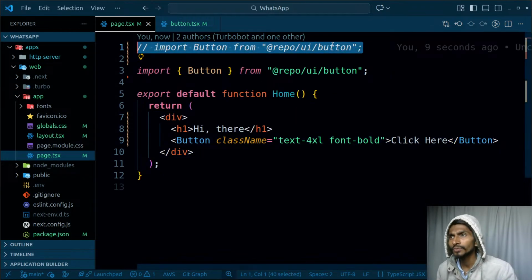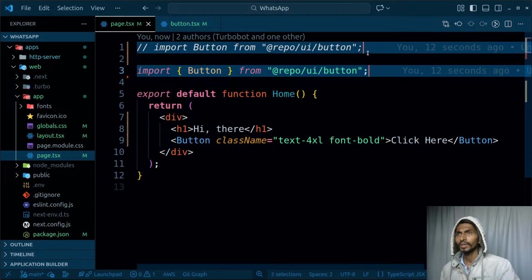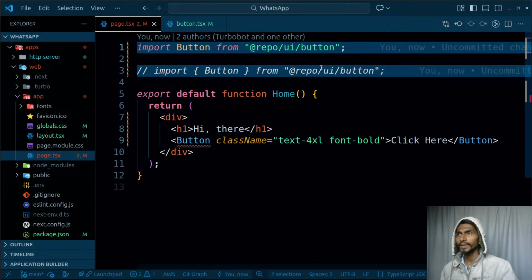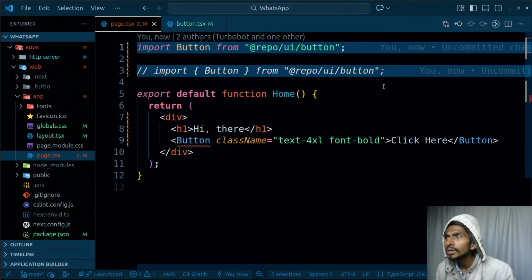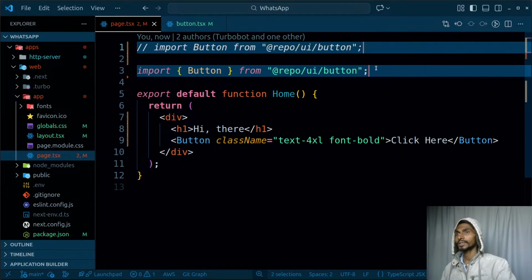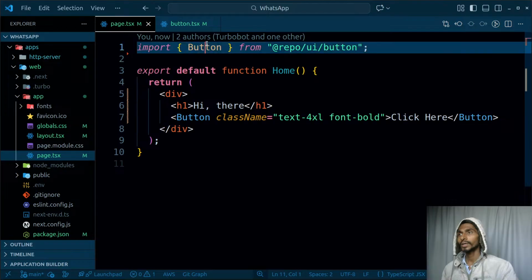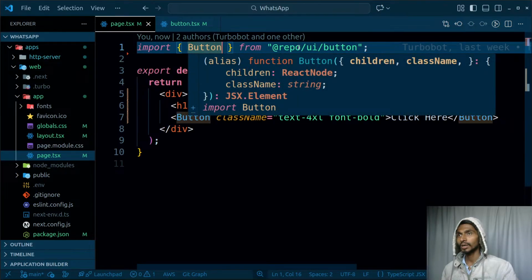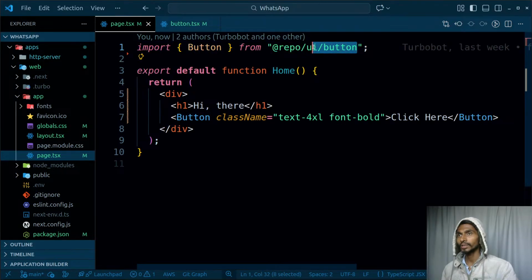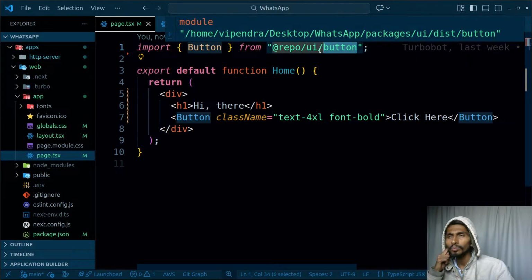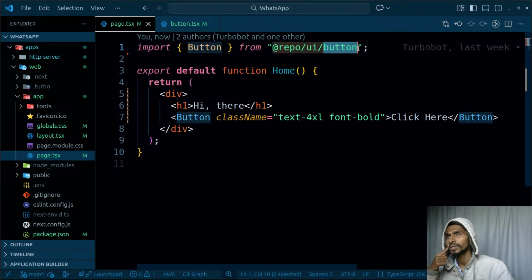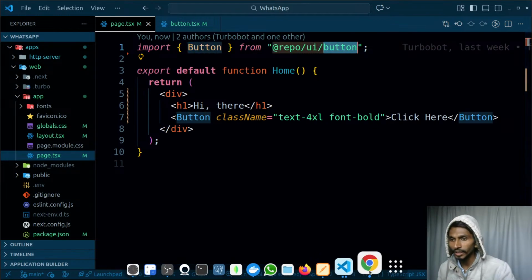So what was the problem with the first one? If I just use this one instead of that, I get the error. Wow. So the problem was in the import. That is right. I need to get the button just like this because I'm getting the button from the button. Why do I need to use button over here separately? Because I'm not exporting it by default, so I need to mention its name. That is right. If I were exporting it by default,